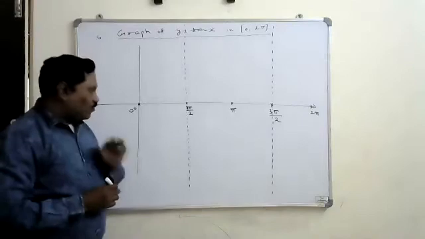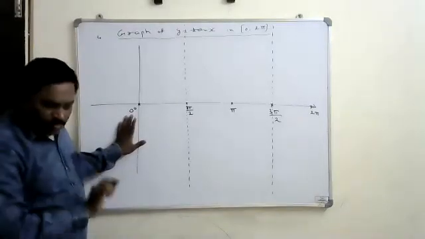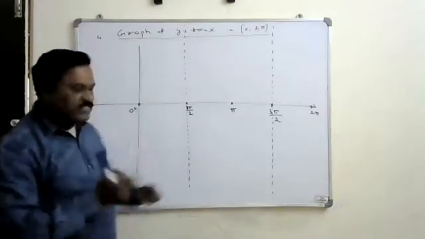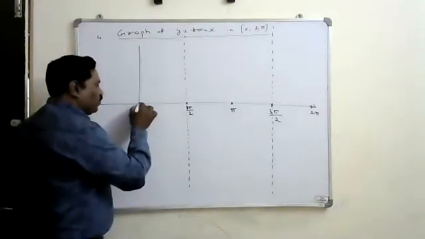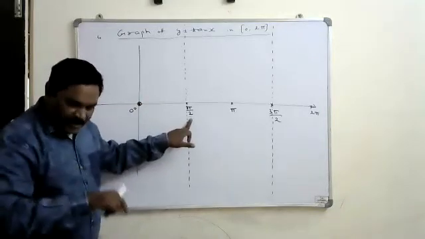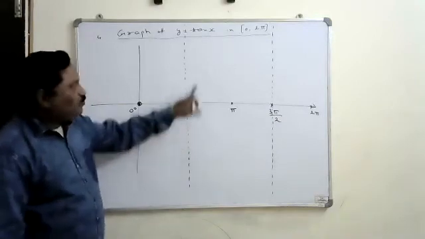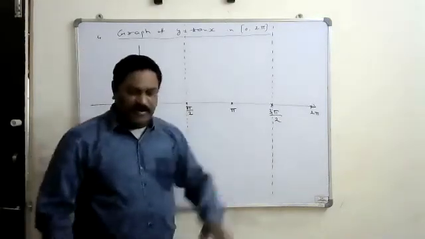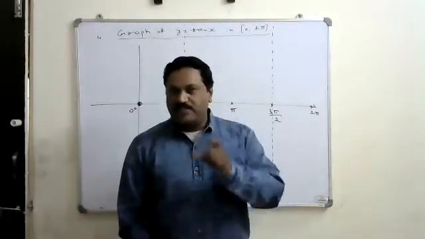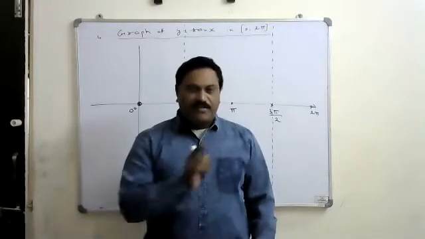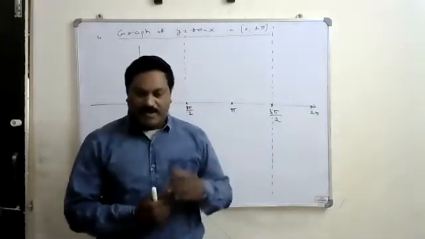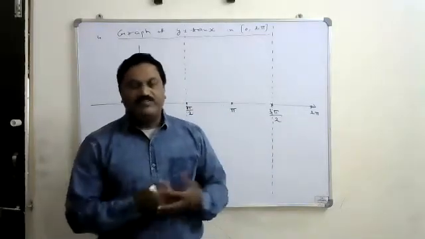Okay. Now, if I take x equal to 0, tan 0 is 0, means y is also 0, so this is the first point. Right? Next, when x is pi by 2, tan pi by 2 is not defined. Not defined means that it is infinite. But which infinite? It may be a positive infinite, it may be a negative infinite. So I don't know which infinite it is.